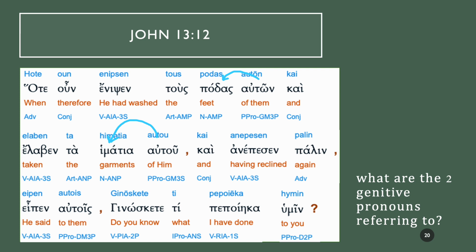So in the first case, it's the disciples' feet, it's their feet, so they're going to be genitive. And in the second example, it's Jesus' clothes. So it's going to be a third person singular, autou, his garments. You will quite often find that there are small differences in word order here. So the garments of him or the feet of them. When you bring this into English and do your translation, that obviously kind of makes sense in this case to say their feet, his garments, because we don't tend to use that word order. That's a perfectly reasonable thing to do when translating.